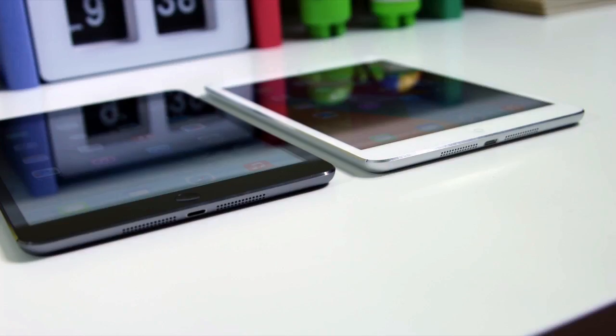Now they both feature LTE capabilities, so if you want to use it cellularly or just not always have to be connected to Wi-Fi, you can do that. The pricing for the original iPad mini starts off at $299 for the 16 gigabyte model. Keep in mind that's in space gray and in silver, but you cannot go any higher in terms of capacity with the Wi-Fi model. For the cellular model of the original iPad mini, it starts off at $429, again for the 16 gigabyte cellular model, and that's available on all 4 United States carriers, which are AT&T, Verizon, Sprint, and